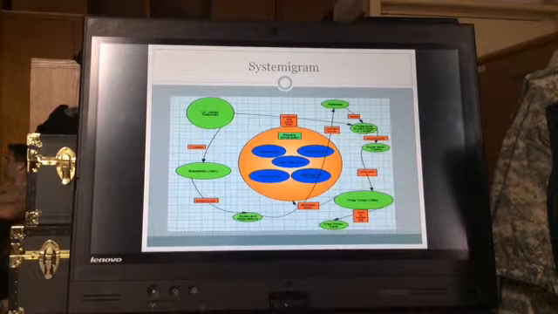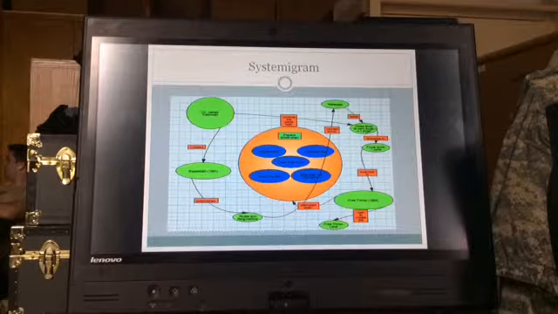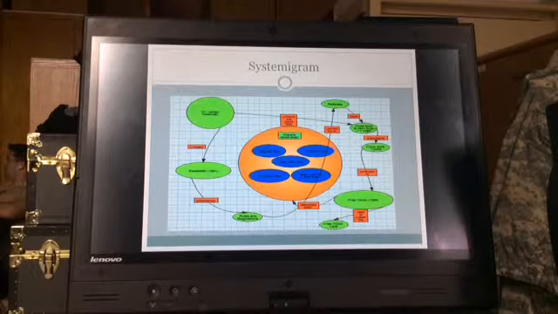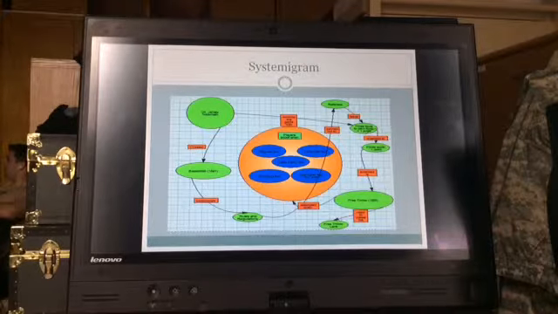When analyzing the systemogram, we have Dr. James Naismith up in the top left. Like I stated earlier, he is the creator and inventor of the game of basketball in 1891. Now, Dr. James Naismith created this game, 10 players, 5 players on each team, and he had to come up with a way to ensure that